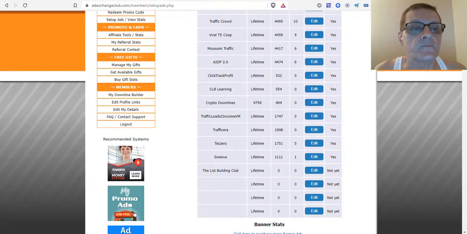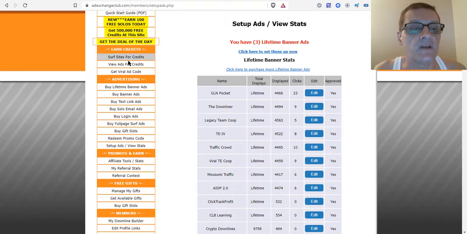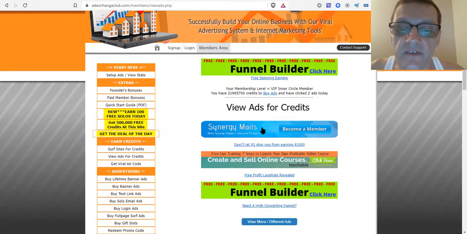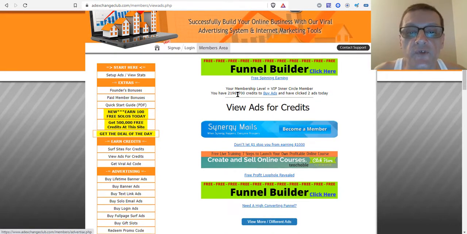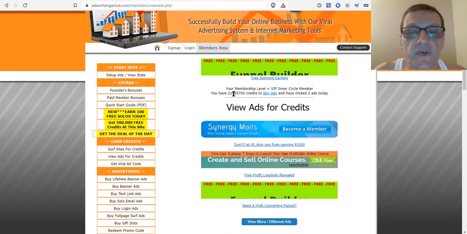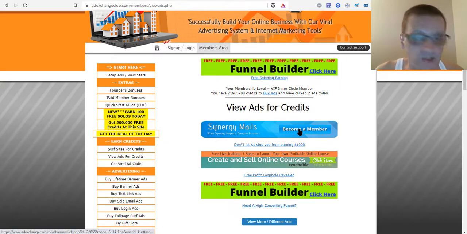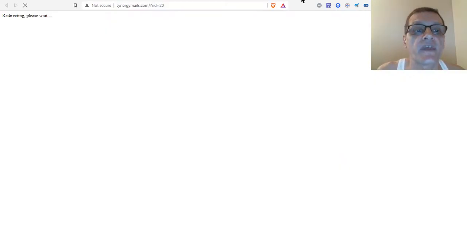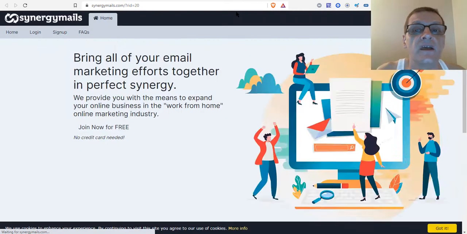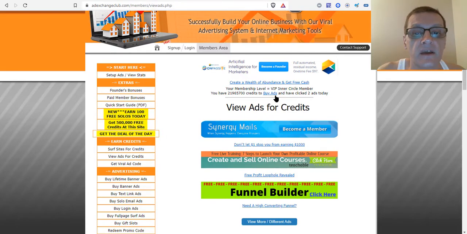Alright. Going back to the top. To view ads for credits, I'm going to click here. I can click these ads here to earn credits. So for example, if you see here it says 21,965,700. If I click this, I'm going to hold my control button so it doesn't move the window away. Now it opens up, I'm going to check out the ad, okay, right there, and then I go back to the Ad Exchange Club, and if I refresh this, it should give me,